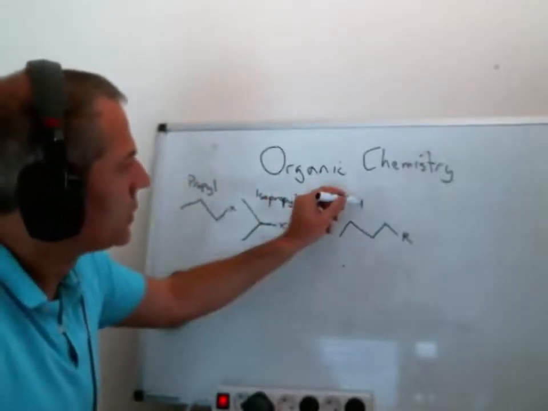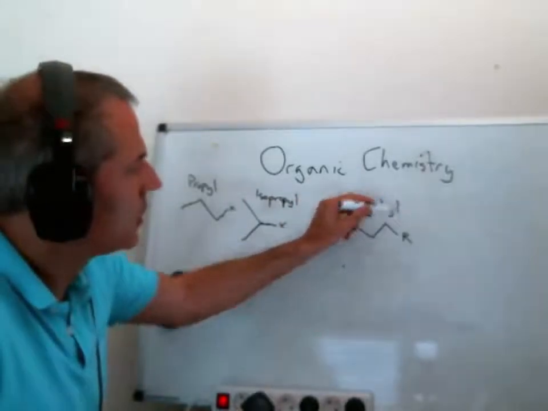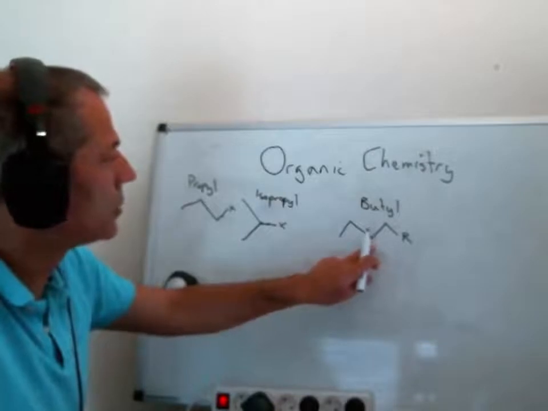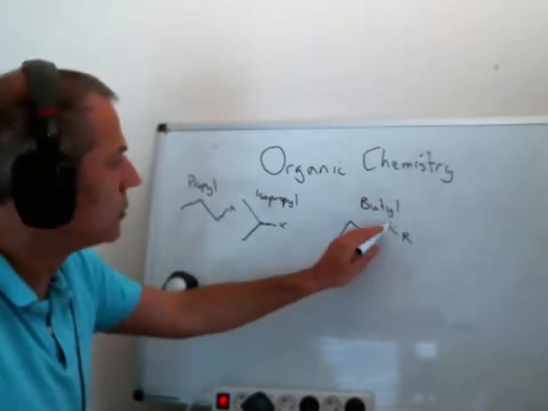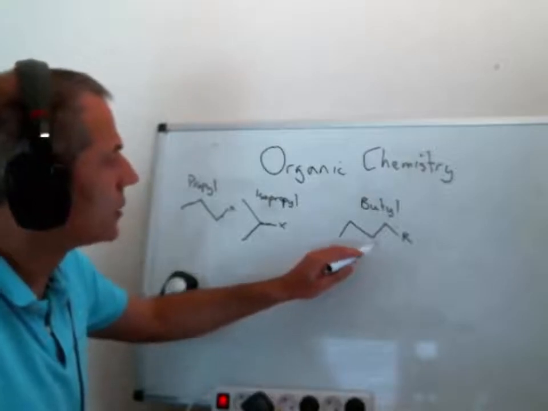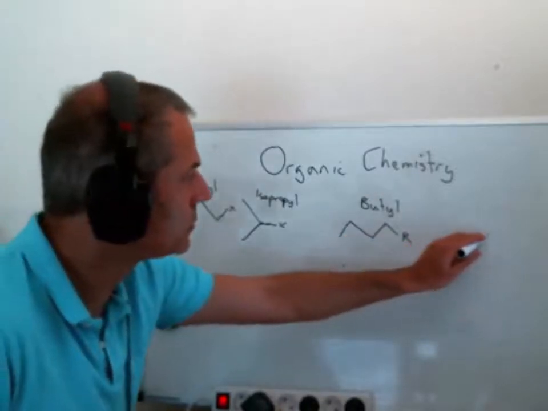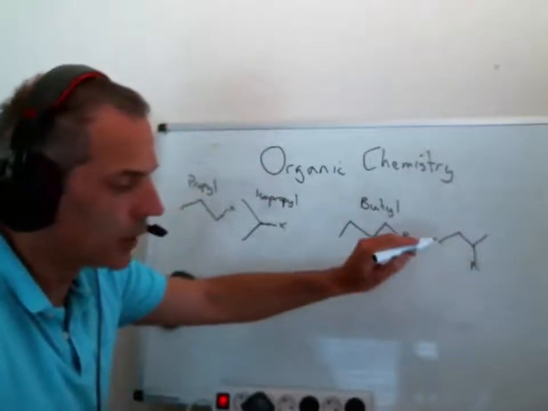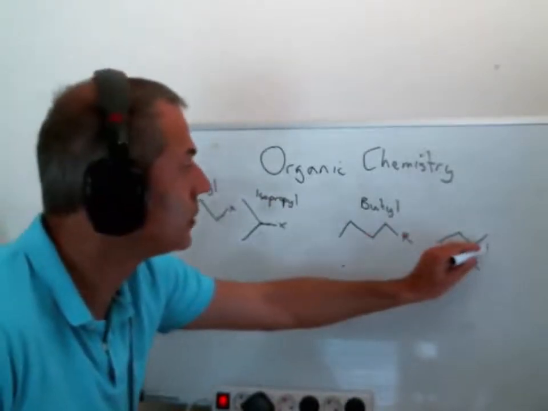This is butyl, and we can see there are more possibilities with butyl. We can move an end group to the middle, or we can move our substituent to the middle. So if we move our substituent to the middle, to here, we would get the isobutyl group,